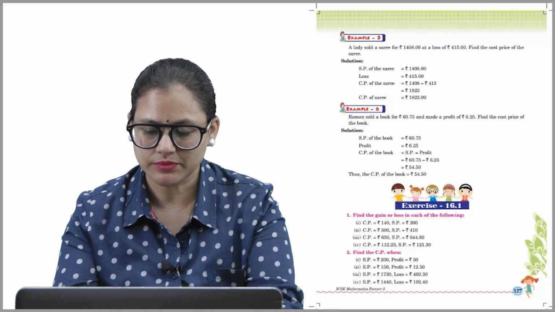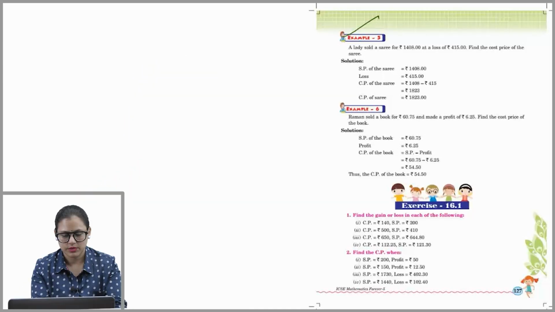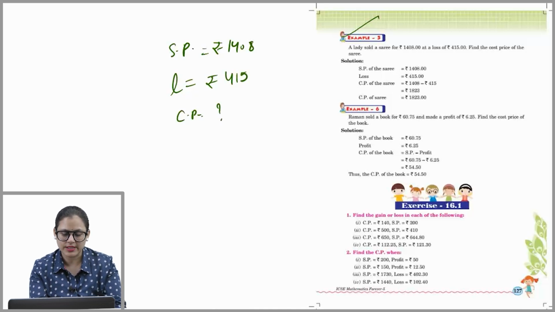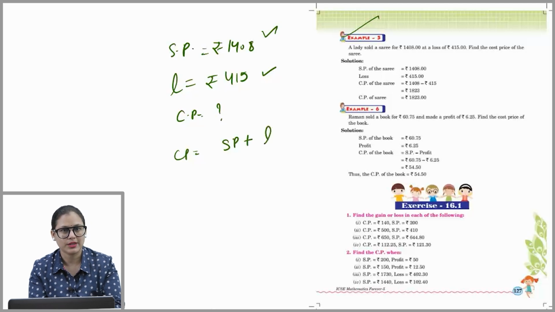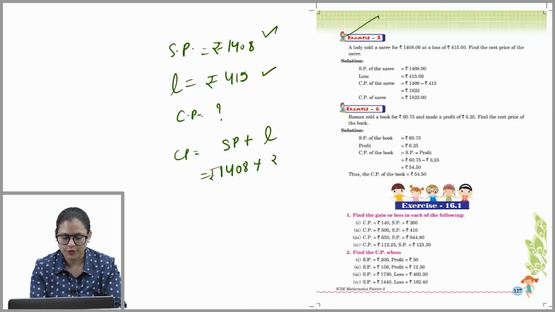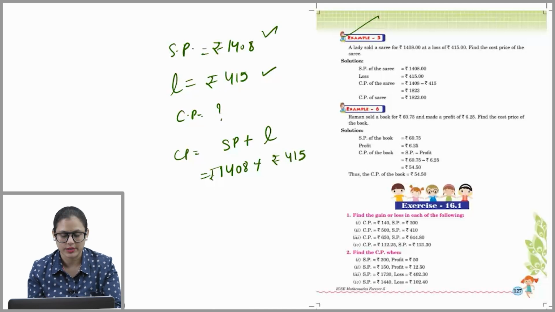Let's do the example. A lady sold a sari, that means SP, for rupees 1408 at a loss of rupees 415. So we have to find the cost price of the sari. Selling price is given, loss is given. We have to find the cost price, and cost price in case of loss is SP plus loss. SP is rupees 1408, plus rupees 415. 415 is the loss. So the cost price is